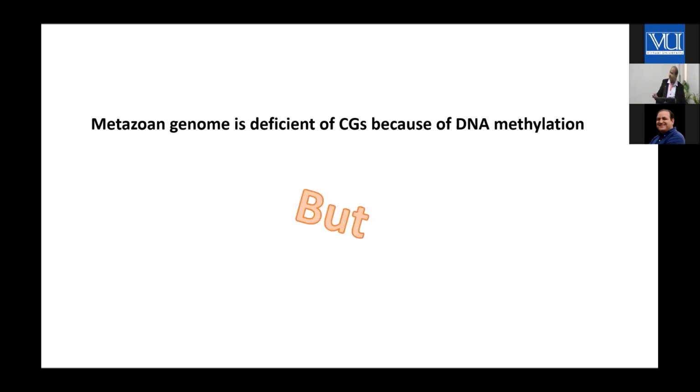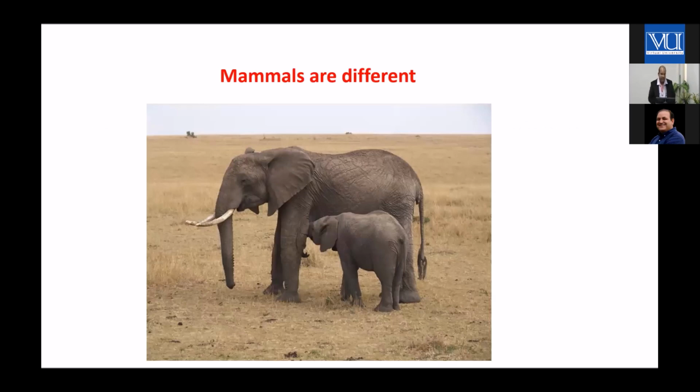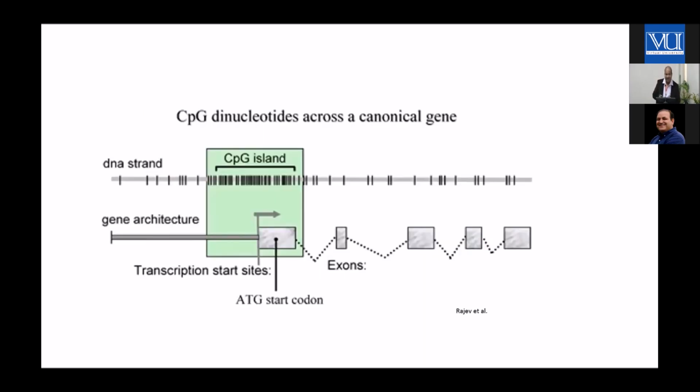But this is not the case in mammals. In me, in all the other mammals, CpG islands are aggregated in a certain part of the gene, that is the promoter part of the gene. They're clustered over there, and we call them